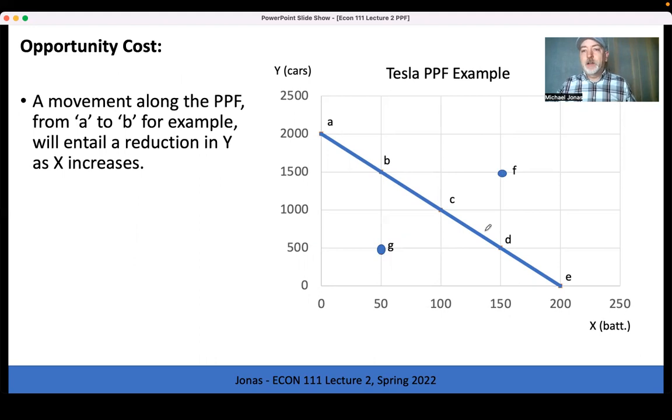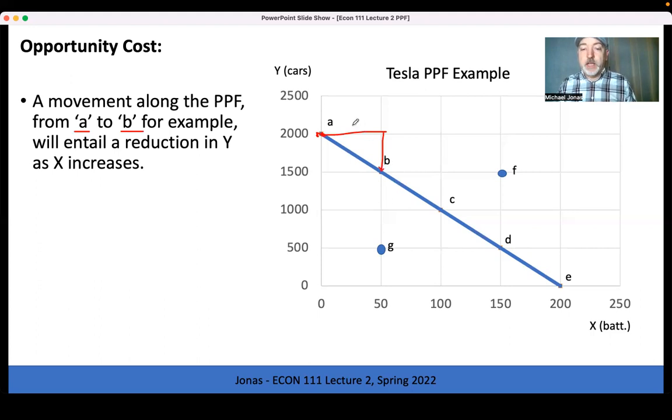Now, going back to that idea of the trade-off or the opportunity cost, once we have this line plotted out or that table of numbers, it's a simple calculation to figure out what that rate of exchange is going to be. And what we're doing is simply tracking what happens as we move along from one point to another, that production possibility frontier line in this case, right? So picking point A as our starting point, if we move from point A to point B, again, we think about it as a